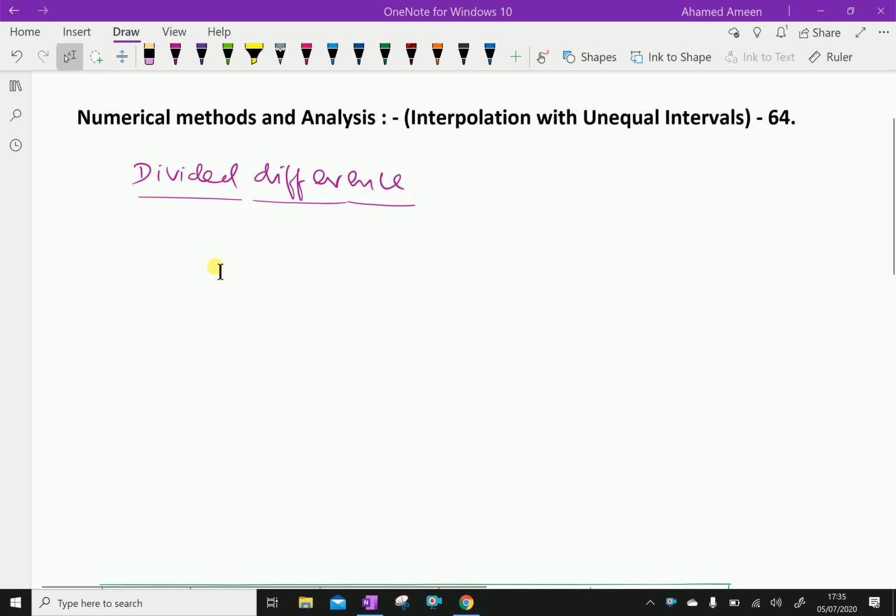A divided difference is defined to be the difference between two successive values of entries divided by the difference between the corresponding values of the arguments. Example,